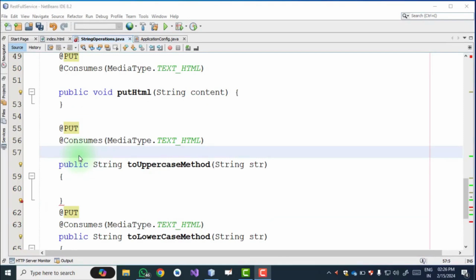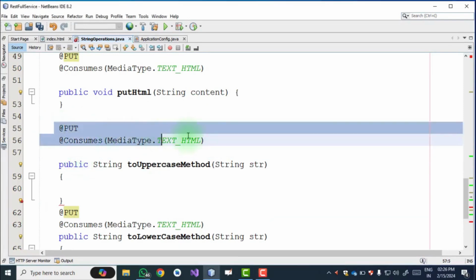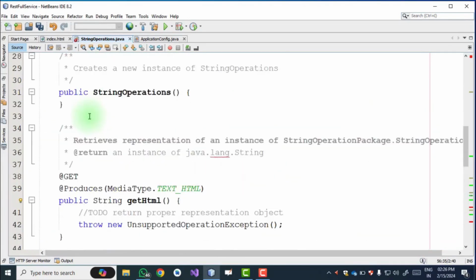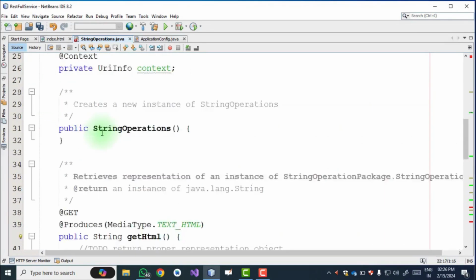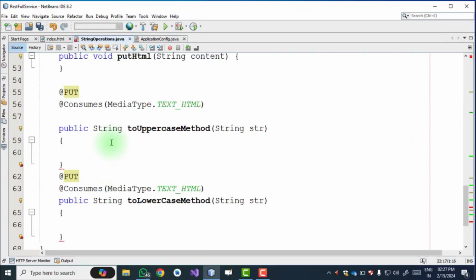We add one more parameter, which is your Path. So just copy this Path variable, and we have this toUpperCase method. So here we paste it, and then we write slash uppercase.